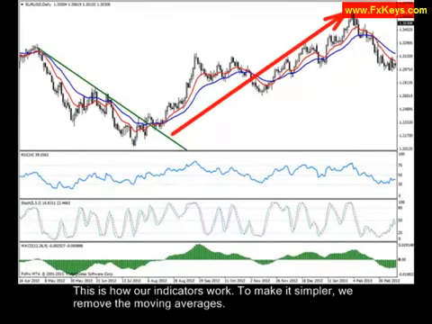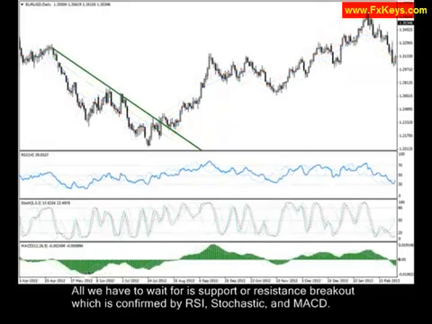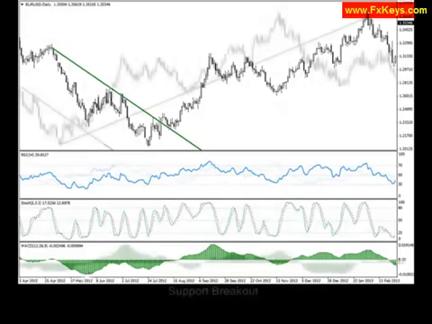This is how our indicators work. To make it simpler, we remove the moving averages. All we have to wait for is support or resistance breakout, which is confirmed by RSI, stochastic, and MACD. Support breakout,